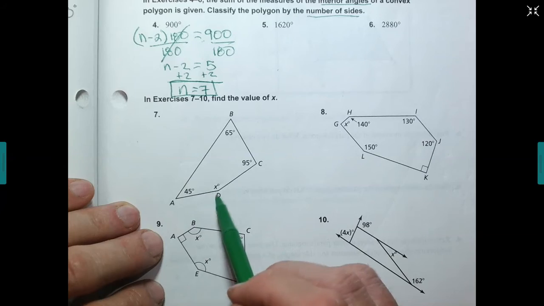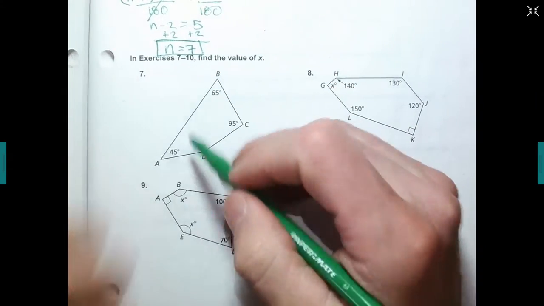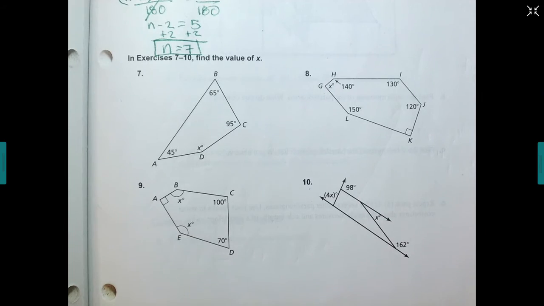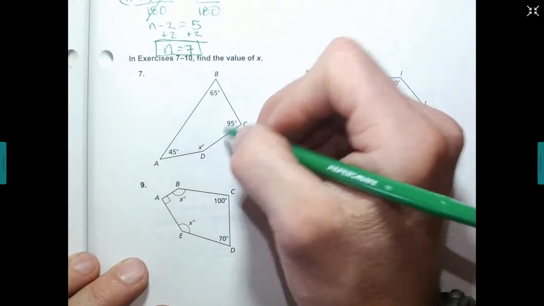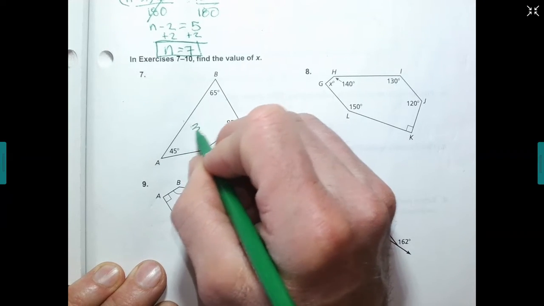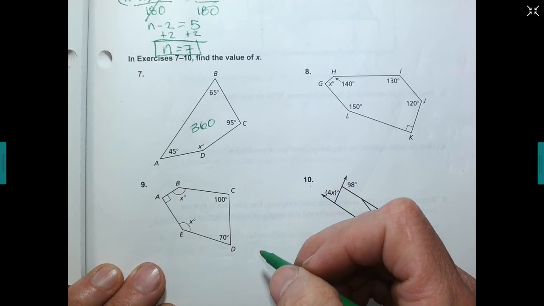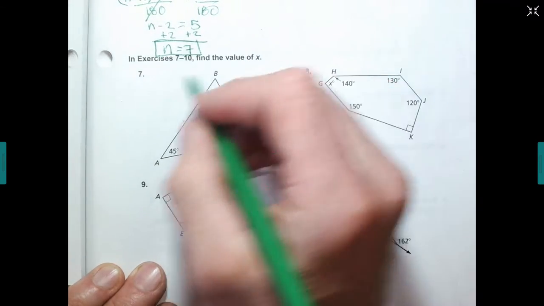All right, find the value of x. In order to do that, I need to know what my interior angle sum is. So this is a 1, 2, 3, 4. So this is a 4-sided shape. So I know that my interior angle sum is 360 degrees. So I'm going to add up